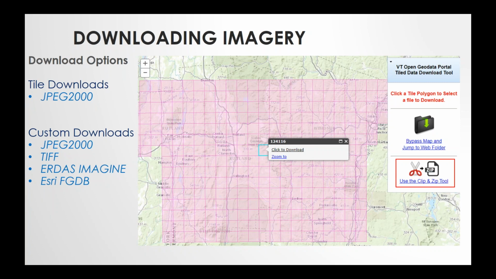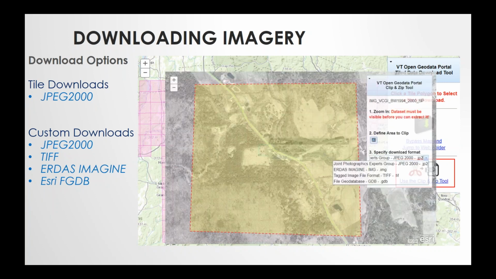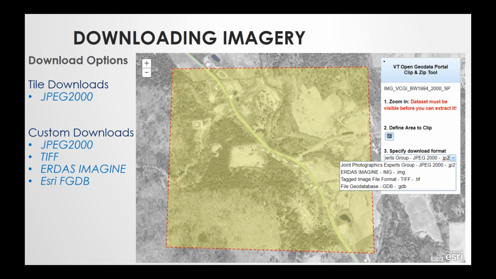And that gives you more options. It allows you to select an area. So in this example here, I've gone in, and I'm working off the same one. So this is actually, I had selected the 1994 black and white aerial photography. And here you can see I've zoomed in so that I get to the point where I can see the imagery, and I've drawn a polygon,